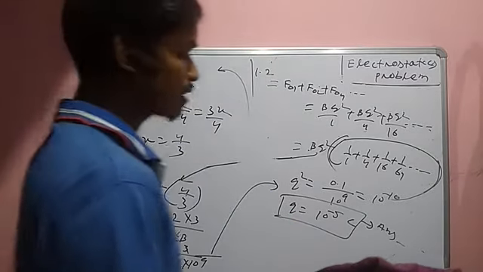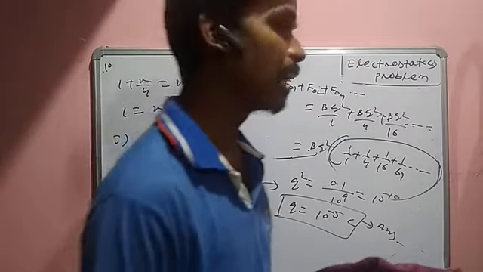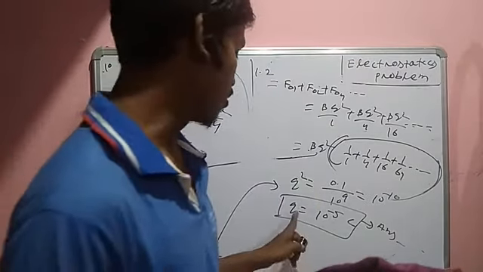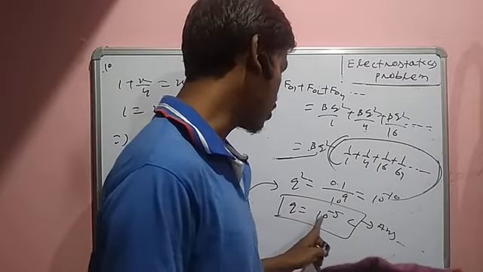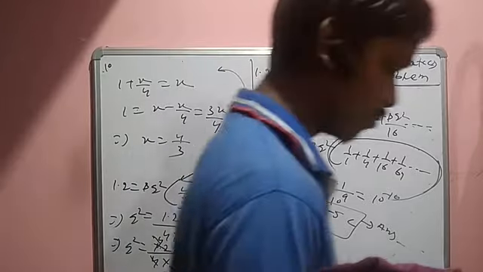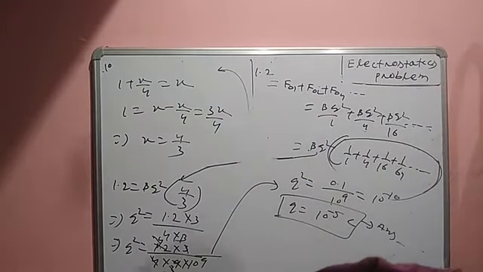The question asks the individual charge's magnitude. Find the magnitude of each charge. Yes, sir. The value of each charge is what? 10 to the minus 5 coulomb. Yes, sir. So again, next question you can write down.